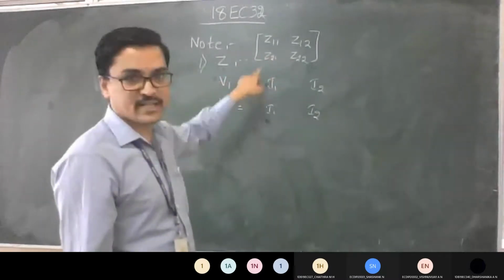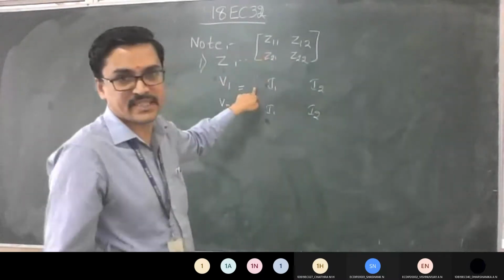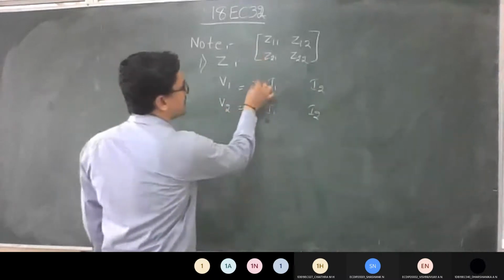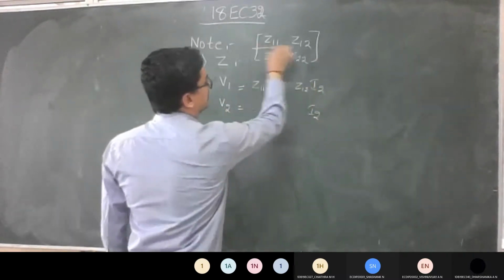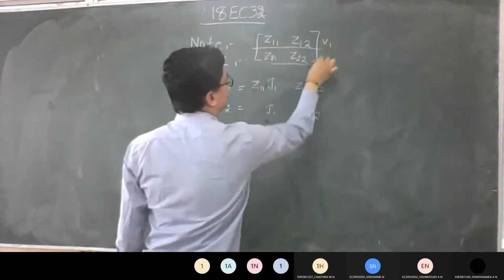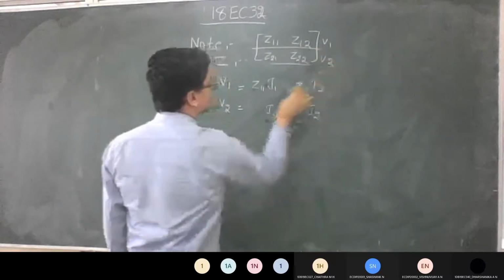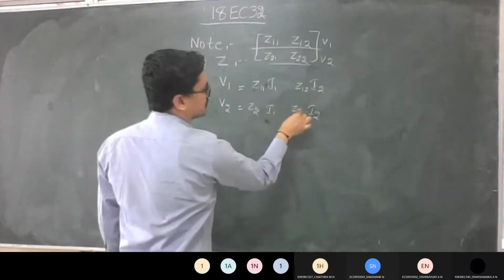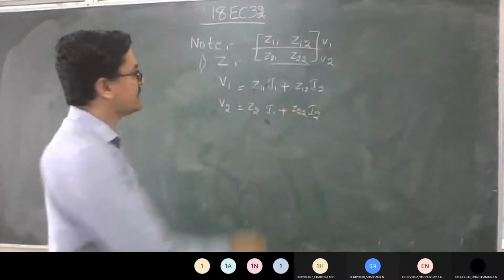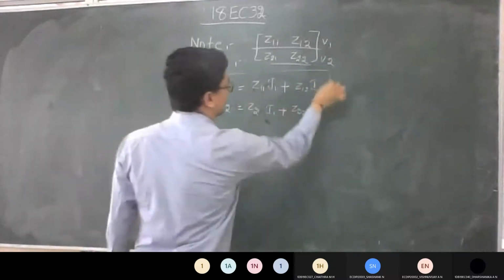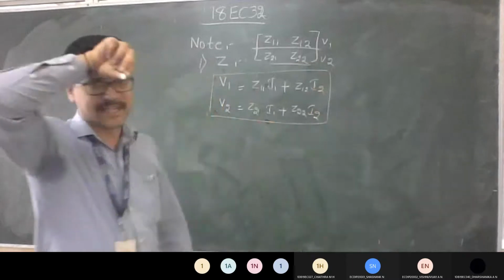So now you just add this here. Nothing else you should do. You just add that parameter Z11, Z12. It should be in order. See here, this is your V1. This is for V2. So Z21, Z22. So just add plus between these two. See, this becomes your generalized equation for your Z parameter.